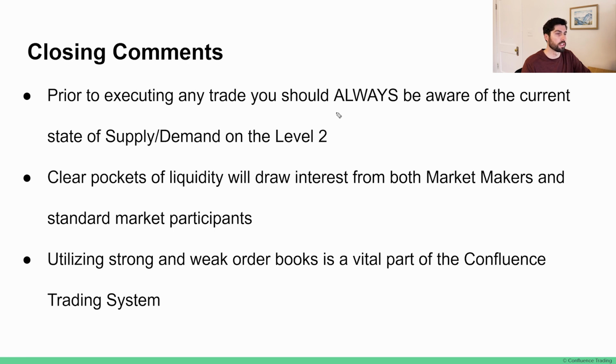As always, I want to leave you with just a couple of quick closing comments. First, please always be aware of the current state of supply and demand on your level 2 before you execute a trade. Because, as we've talked about, these clear pockets of liquidity are going to draw interest from both market makers and standard market participants. Utilizing these strong and weak order books is a vital part of my system, and it will greatly improve your accuracy if you can